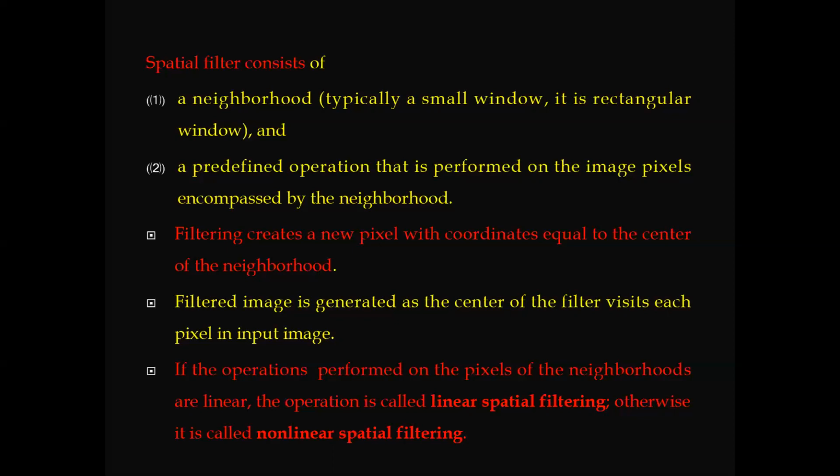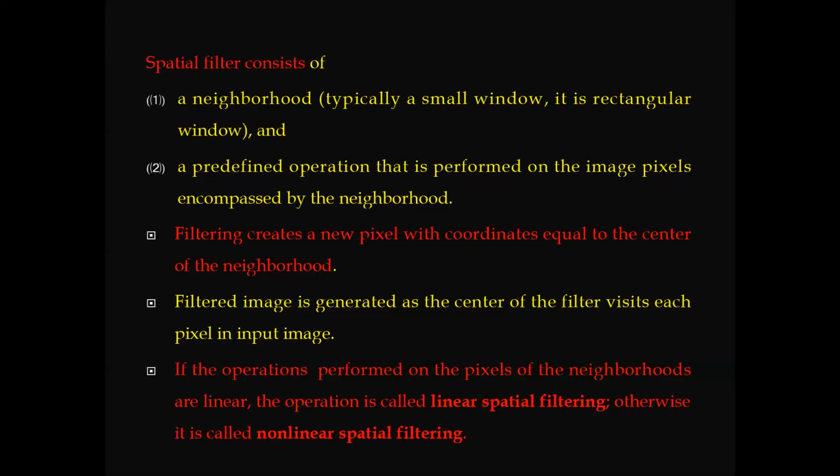So filtering creates a new pixel with coordinates equal to the center of the neighborhood. Whenever we move our sub-image, that is our filter, over the image, each and every time we calculate the filtered pixel at the center of the neighborhood.